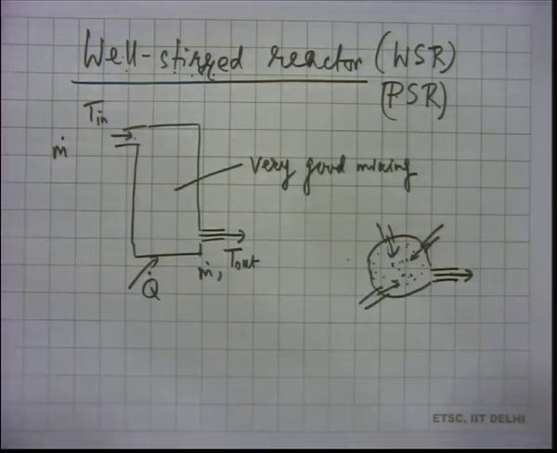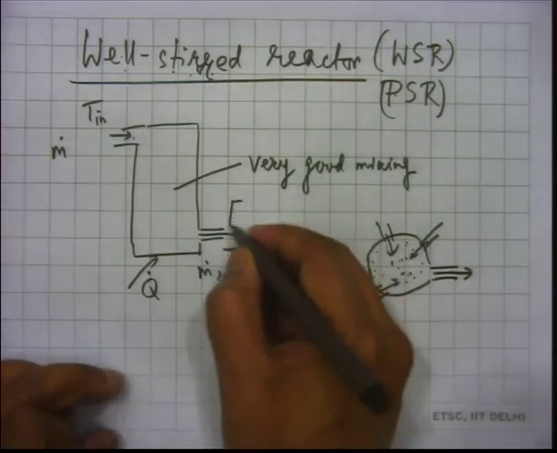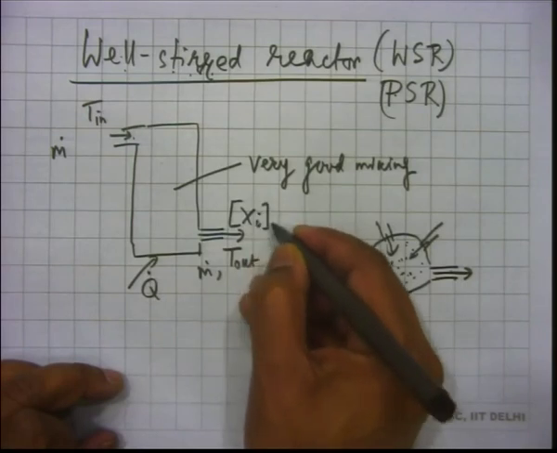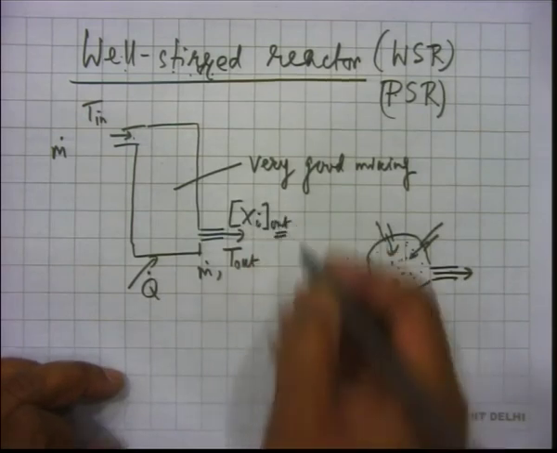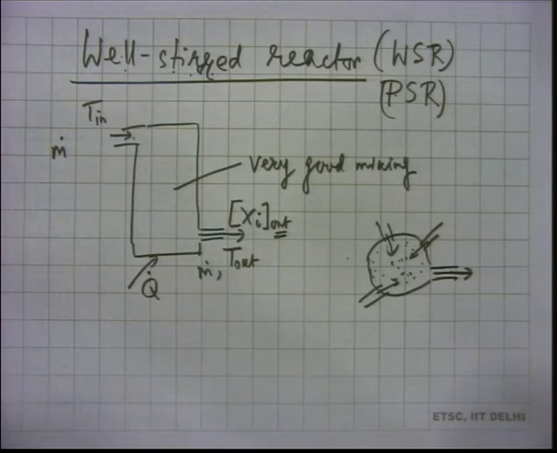But what you are not saying is that we are of course also interested in Xi at the outlet. At the outlet, what species are coming out and in what concentration? That is important. You want to know what is coming out, simple. Okay, what is the temperature? What are the various species and in what concentrations?